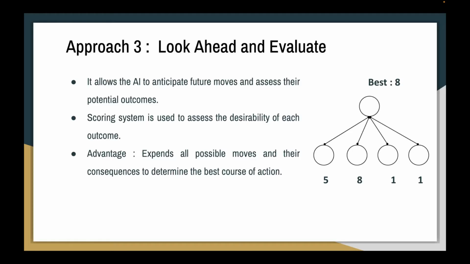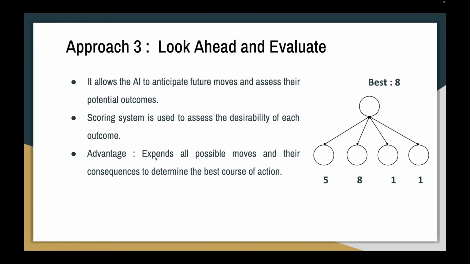This evaluation considers various factors such as positions of the player, available resources, strategic advantages. A scoring system is used to assess the desirability of the outcome. Normally, a linear scoring polynomial can be applied to assign values based on different criteria, such as the value of a piece in chess, or otherwise the potential threats, or otherwise opportunities.